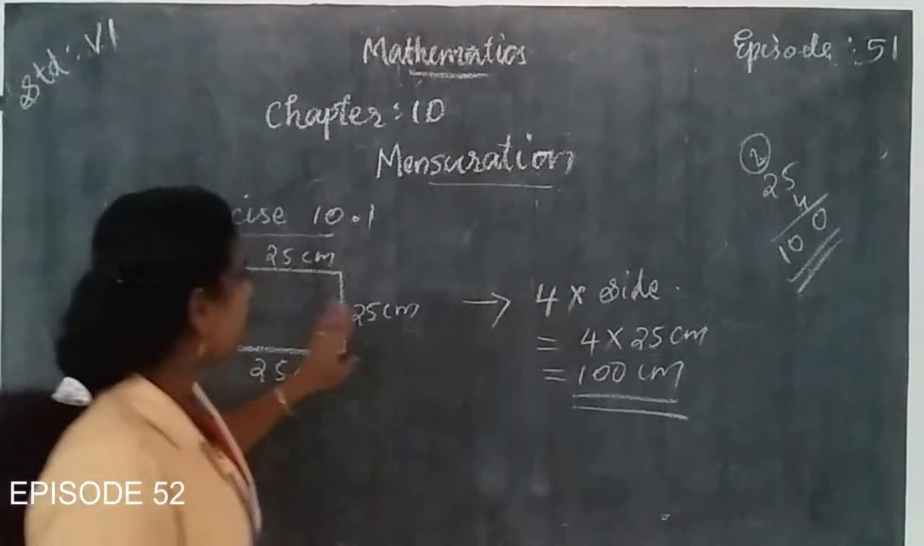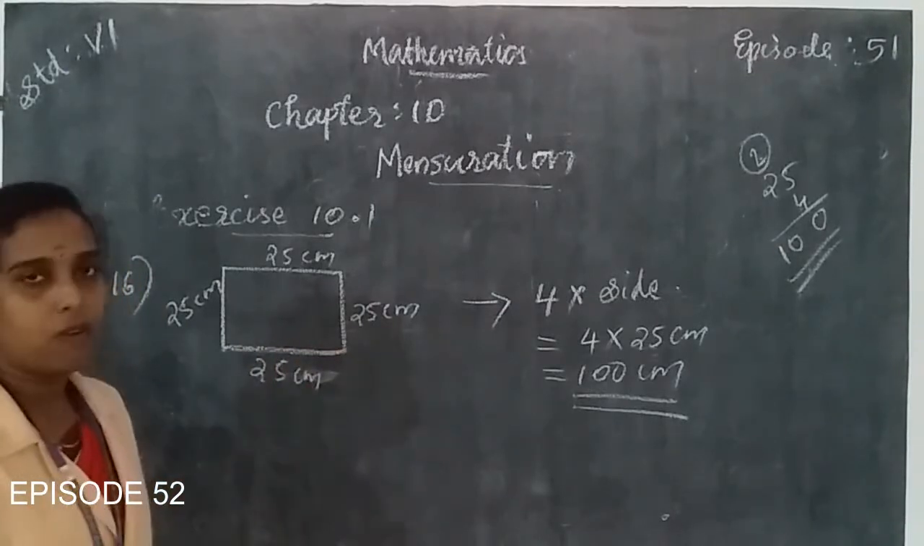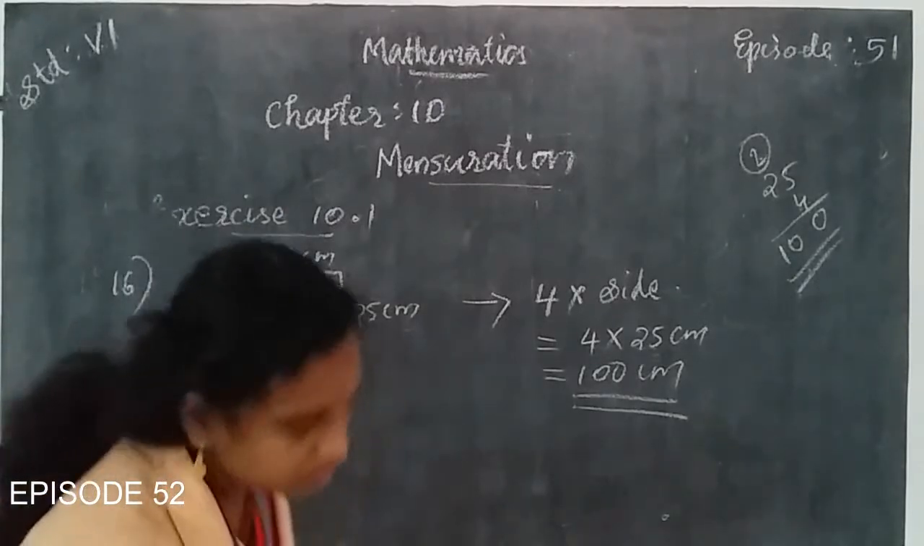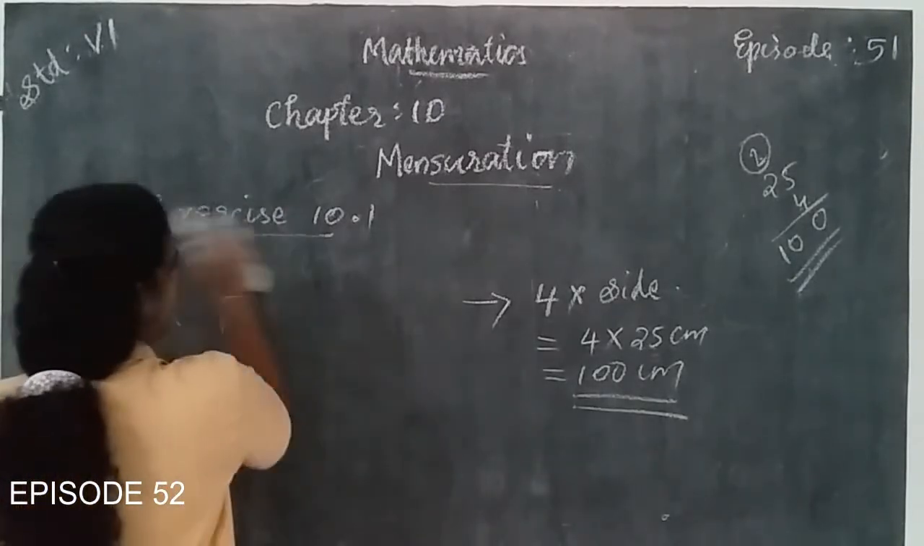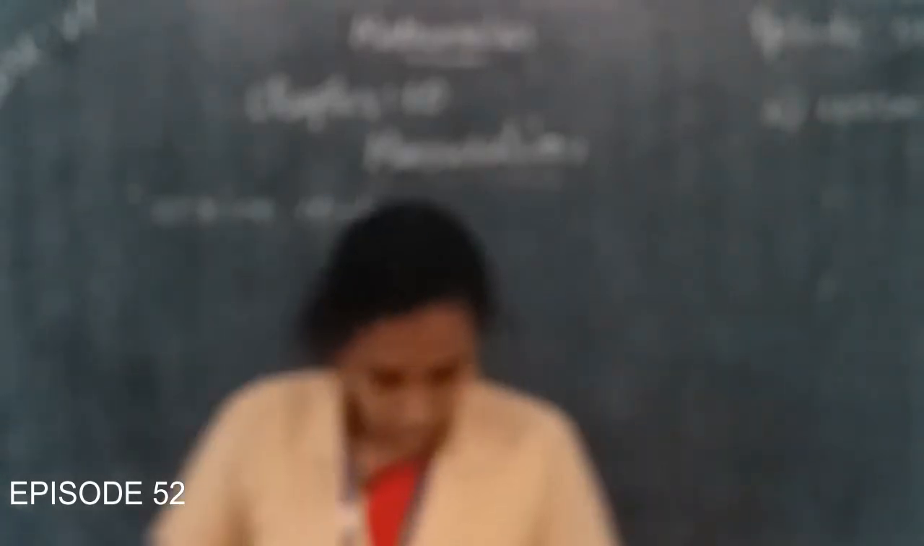When we multiply the length of one side, we get 4 into 25. When we multiply 4 into 25, we get 100 centimeter. Okay. Then the next figure. So in figure A, the answer is 100 centimeter. Then the next one is